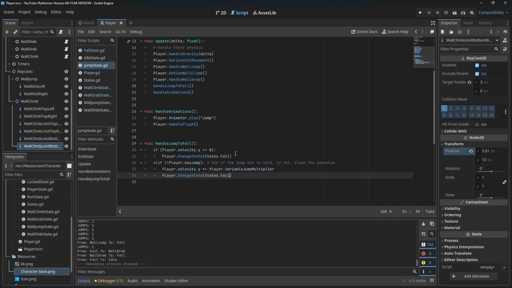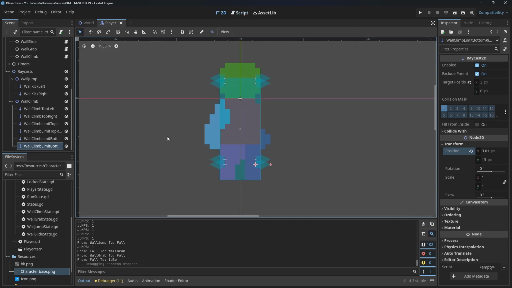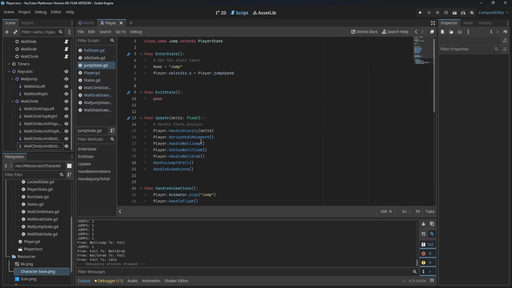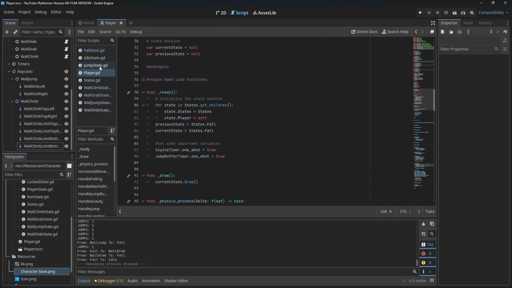I'm by no means an expert in Godot, but what I ended up doing is I literally compared everything from the template project to this. These raycasts were all right on the edge of this hitbox, but in my other project, they were all nudged in one. So I nudged them all in one, and then I made a few changes. We used to call, or actually, in all honesty,